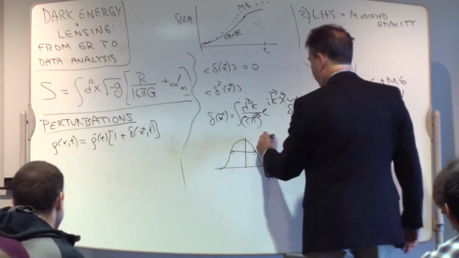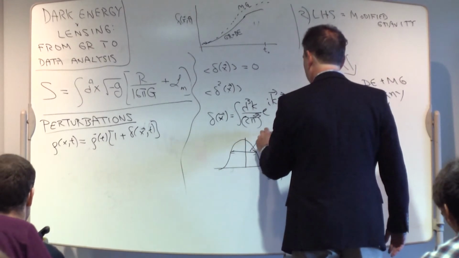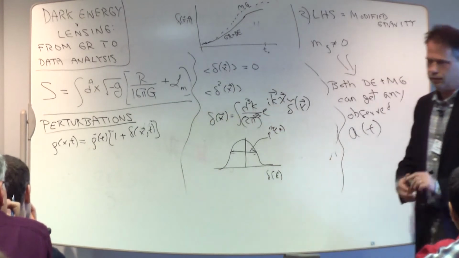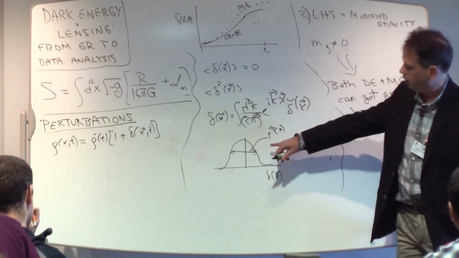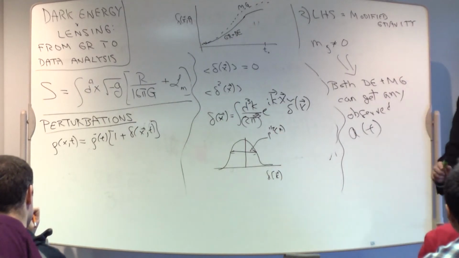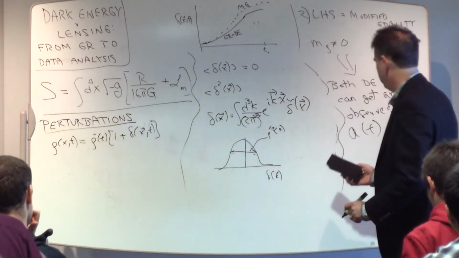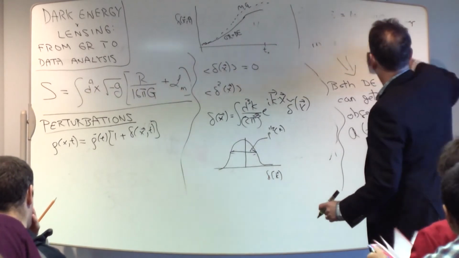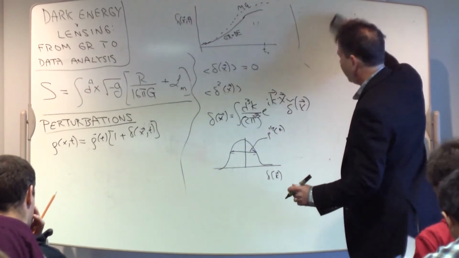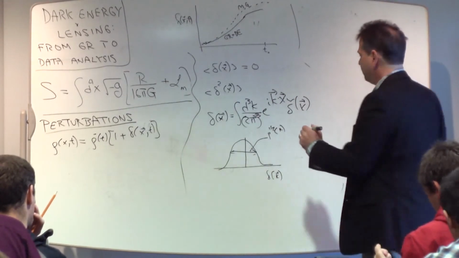So the width of this histogram is the square root of the variance, or P of k. And because of symmetries, the histogram depends only on the magnitude of k, not on the direction. So essentially what you have is a lot of independent modes for a given wavelength or wave number. And each one of those is drawn from the same distribution, but they're all independent.